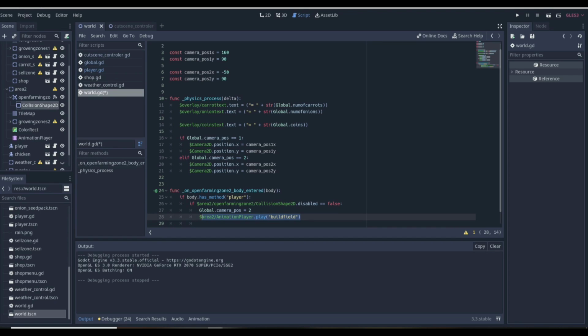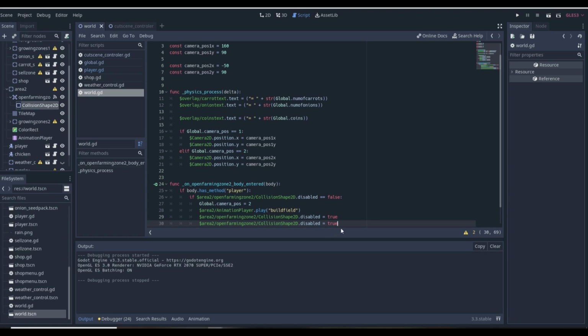So you might be right here. You might be calling 4 different animation players at the same time, which is fine, right? Obviously, it's cool. That's what you need to do. That's how you would do it, right? Area 2 dot open farming zone 2 dot collision shape dot disabled equals true, because right here,